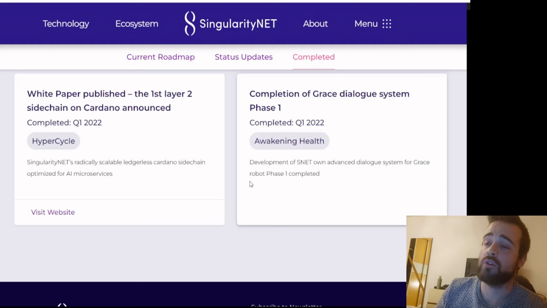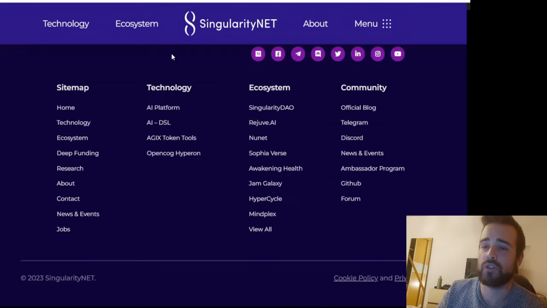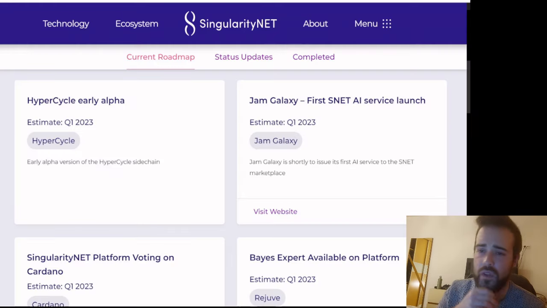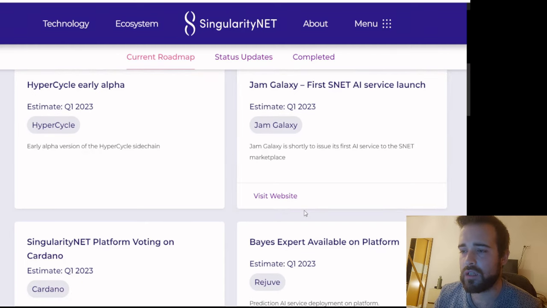And now, looking at some of the things that are still missing in their current roadmap, let's come to it. One thing they are working on is the Hypercycle Early Alpha. So this is basically the first version of the Hypercycle blockchain for people to test. I've told you already what Hypercycle is, that second layer, the side chain basically of Cardano that will be used by Singularity Net. Jam Galaxy, they've created their band, and they are shortly to launch their first service on